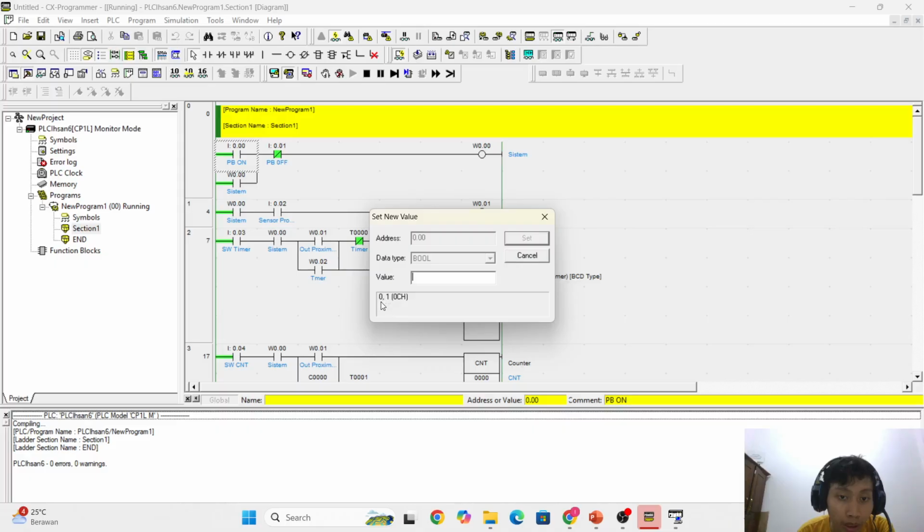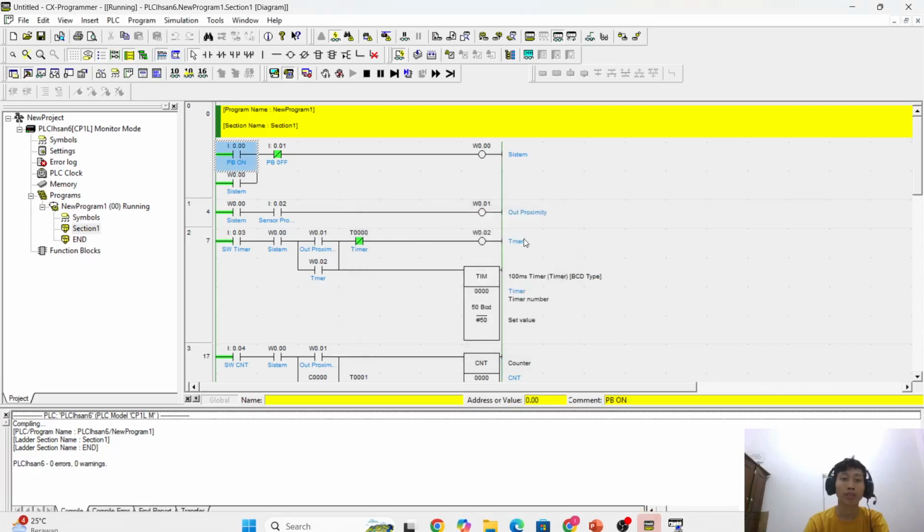The value is 0 and 1. 0 is false and 1 is true. When you set it to 1, the system is on. The PB on goes to coil system, and goes to system, and you see at the system in